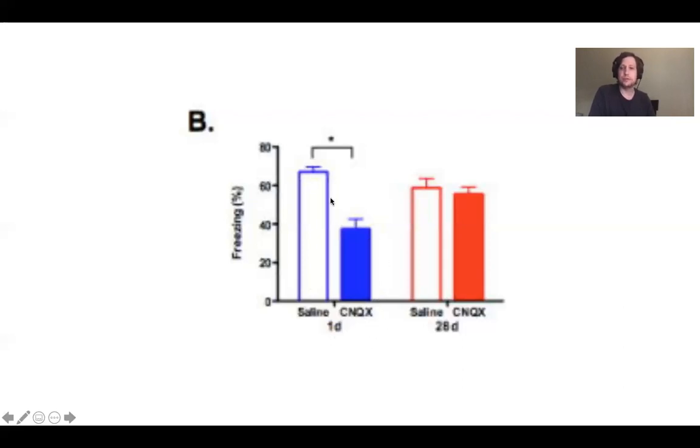So what this suggests is that you need your hippocampus to retrieve the freshly formed memory, but you do not need your hippocampus to retrieve that memory 28 days later. Presumably, the reason why the rats here in the CNQX condition are still showing a decent amount of freezing is because the memory that they formed, the shock occurring in cage number 1, no longer resides in or requires the hippocampus to retrieve it. It's now relying on outer cortical regions. Those outer cortical regions have not been damaged by the CNQX. And so the animal still remembers, oh, this cage has shocked me before, and so the animal shows freezing behavior.